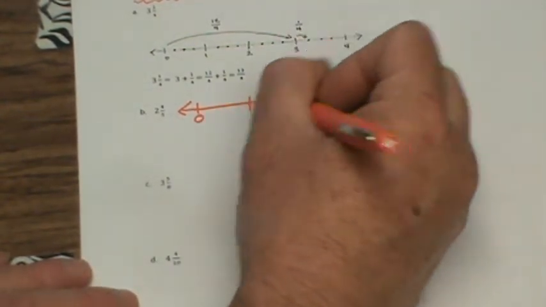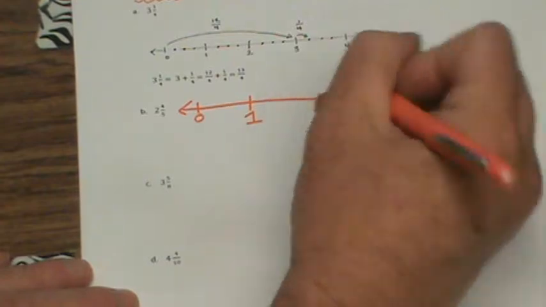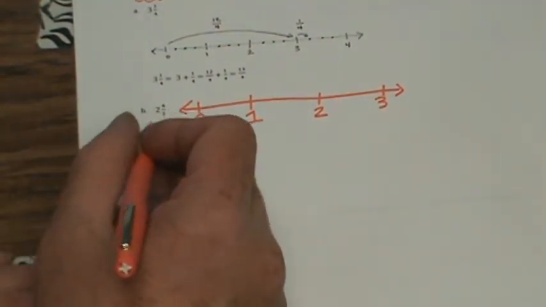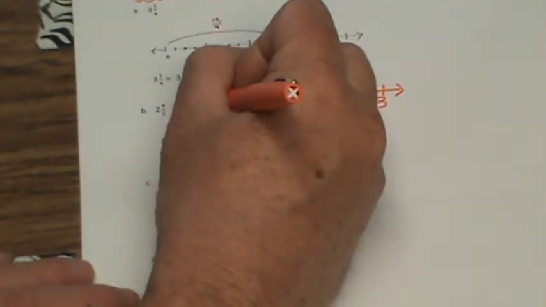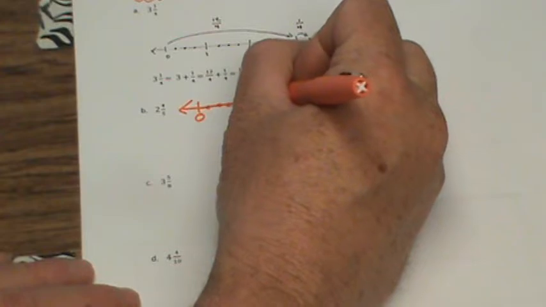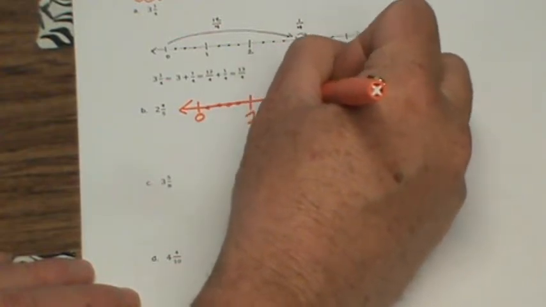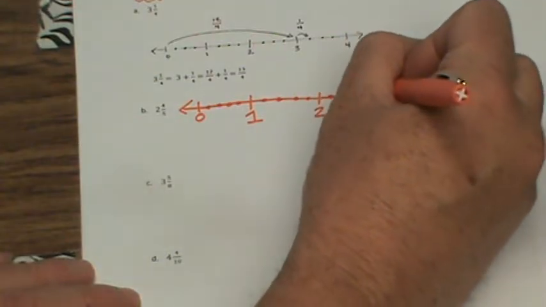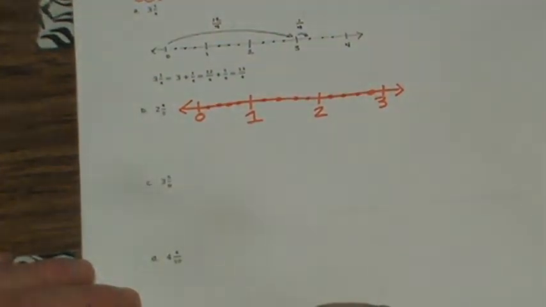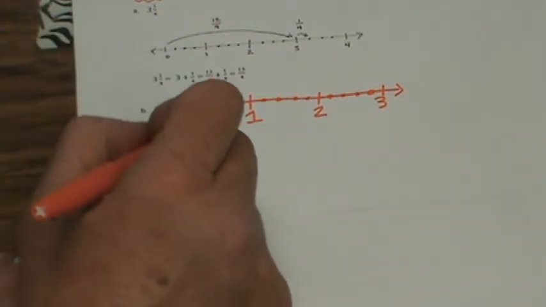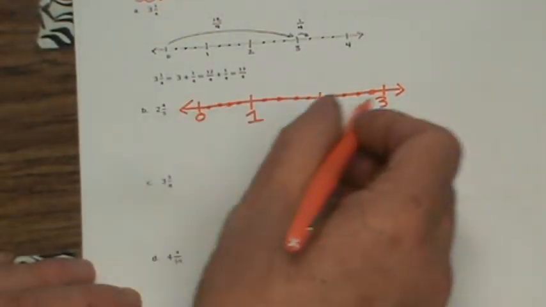And we'll have 1 and 2 here. We should break them down into fifths, right? Because we have 2 4/5. So we'll go 1, 2, 3, 4, and 5, in each section. Okay? So with this in mind, on our 2 4/5, let's break it down now that we've got this all